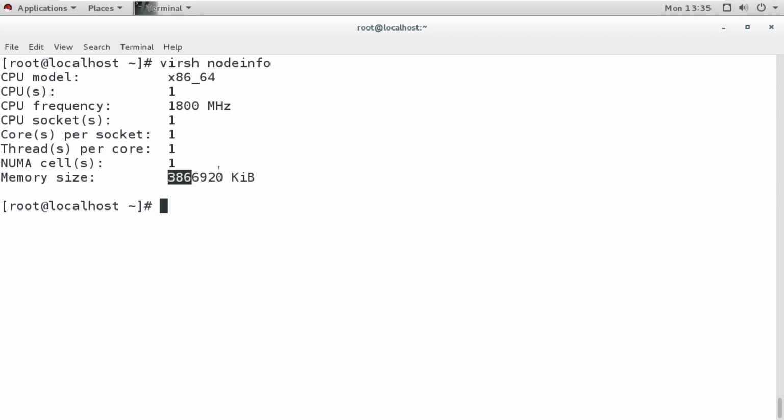It is about my host machine. So just like that, we have other commands also. We can reboot our virtual machine, we can restart, we can take a screenshot, we can edit these virtual machine configurations, we can define the domain name, we can create machine, we can create domain, we can connect.